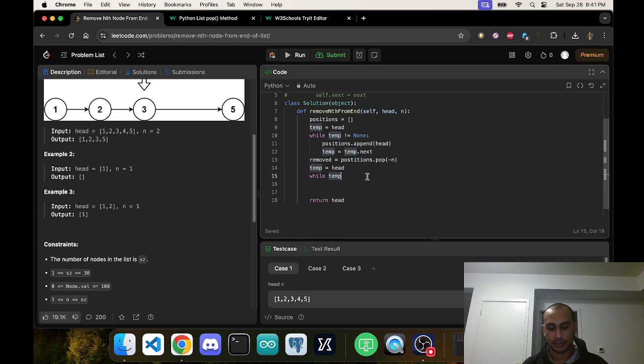So temp equals head, and then if temp.next equals removed, so if it's this node,